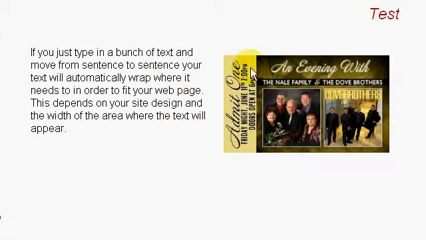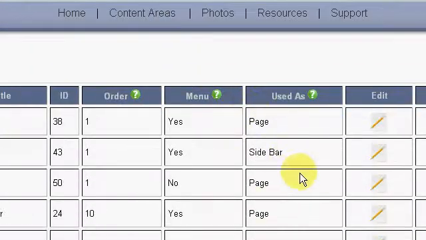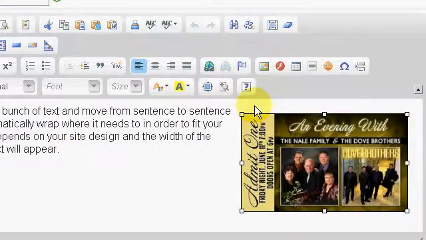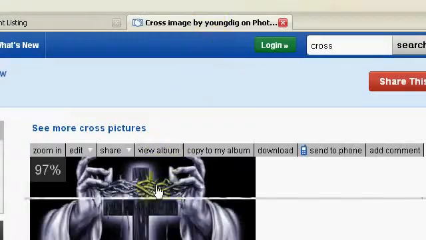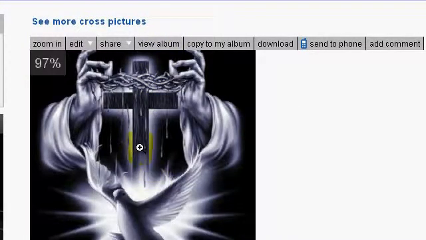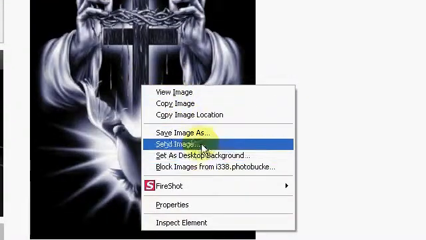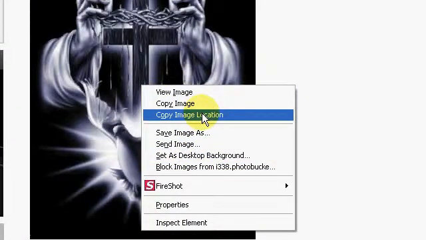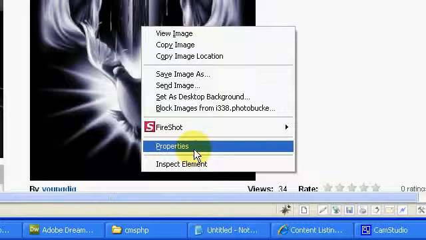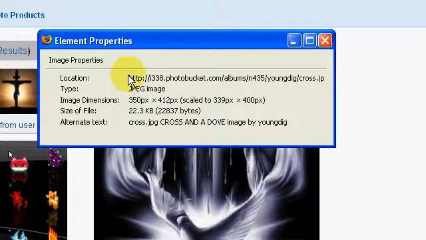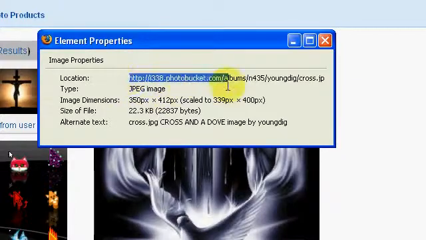Real quickly, one other thing, I'll show you how to embed a picture from another website. I'll just replace this one. I've got a picture opened up on PhotoBucket, and you just go to the picture and right click on it. A while ago we used the copy image location, but I'm going to show you another way. You can click on the properties area, and it shows the address of that picture. So you can just select that whole thing across there, right click it, copy it,